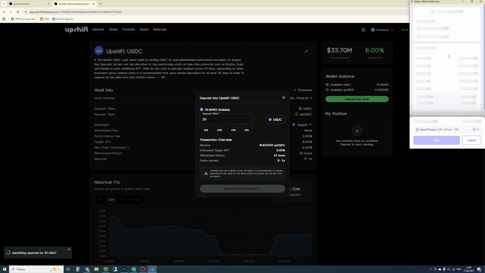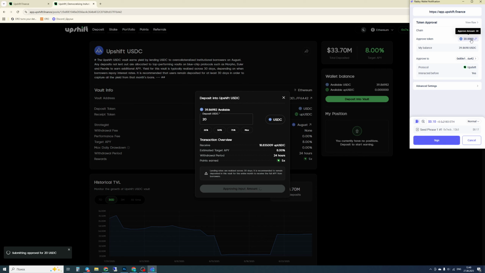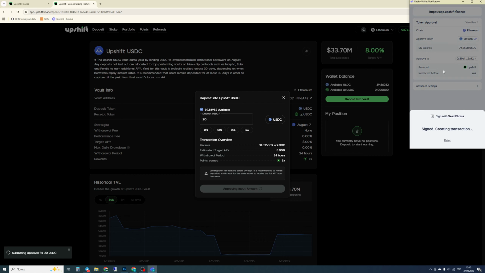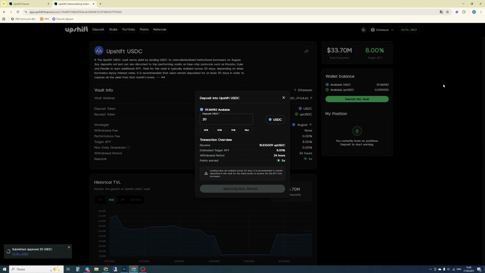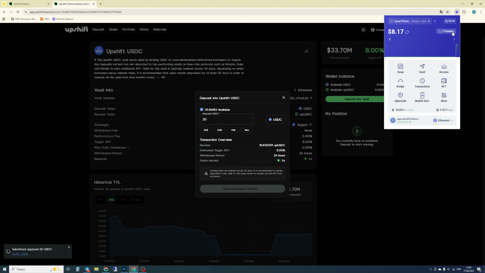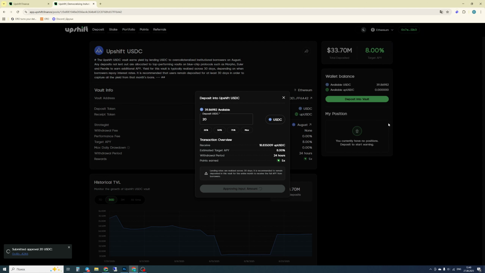First, we see the transaction clearly confirming the exact amount of access we are granting this specific contract for the purpose of withdrawal. In this case, it's 20 USDC. We sign the transaction carefully and then wait patiently for it to be confirmed. It may have been preferable to slightly raise the gas level to prevent keeping you waiting and to help expedite the process. But right now, the fees on Ethereum are quite low.